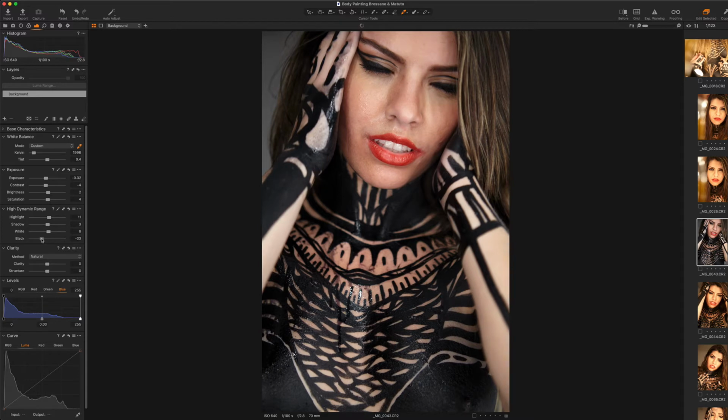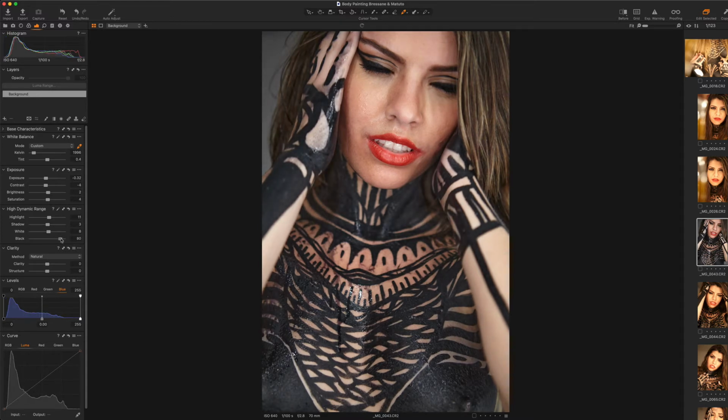Same thing with black, so I could bring it up a little bit or a lot to show the painting, but I'm not gonna do that, so I'm just gonna leave it at, let's say, 8. 8 is fine. With clarity, I usually go really slow when we have people, so when I have faces, unless